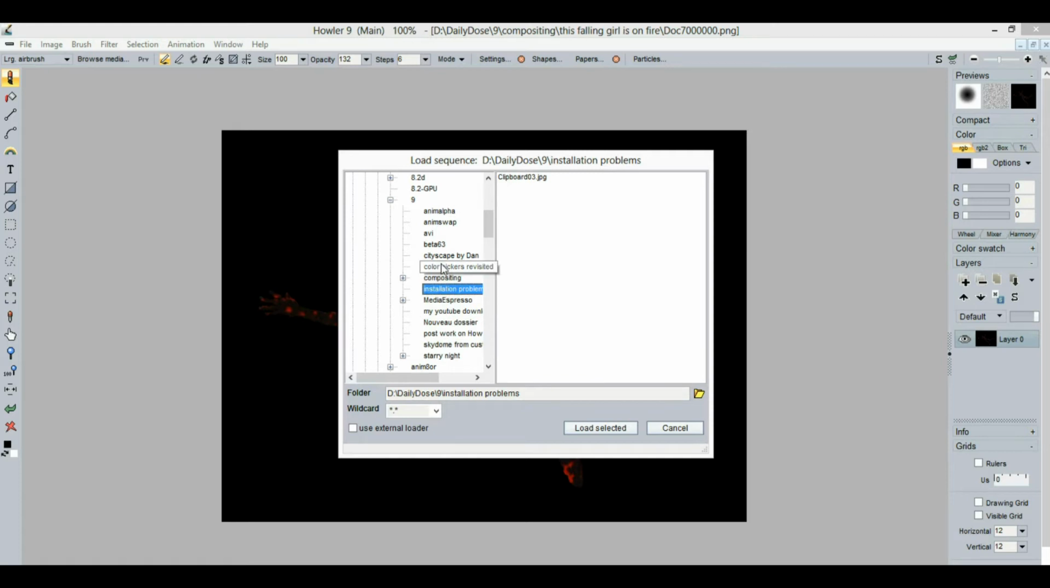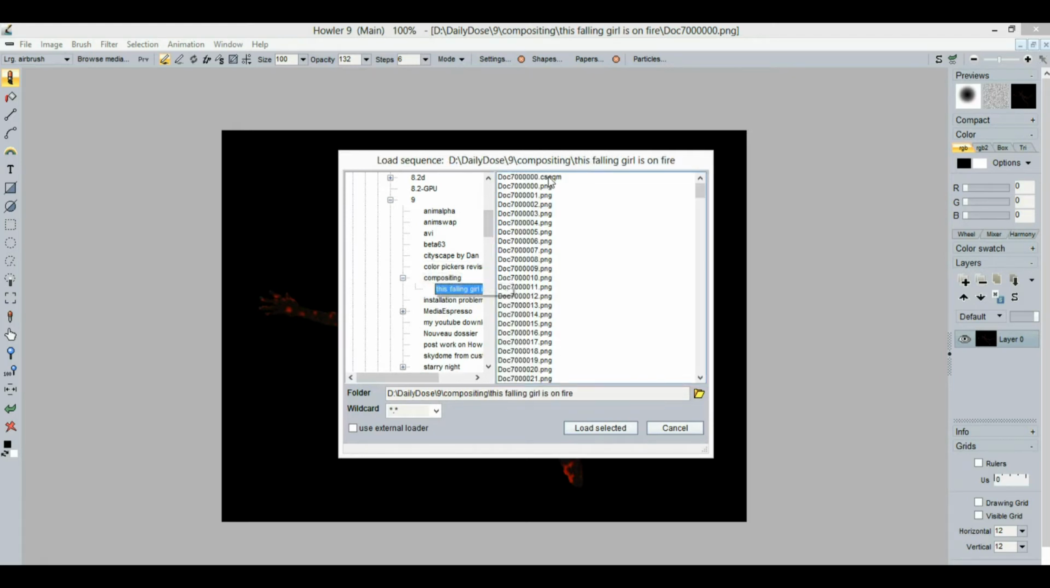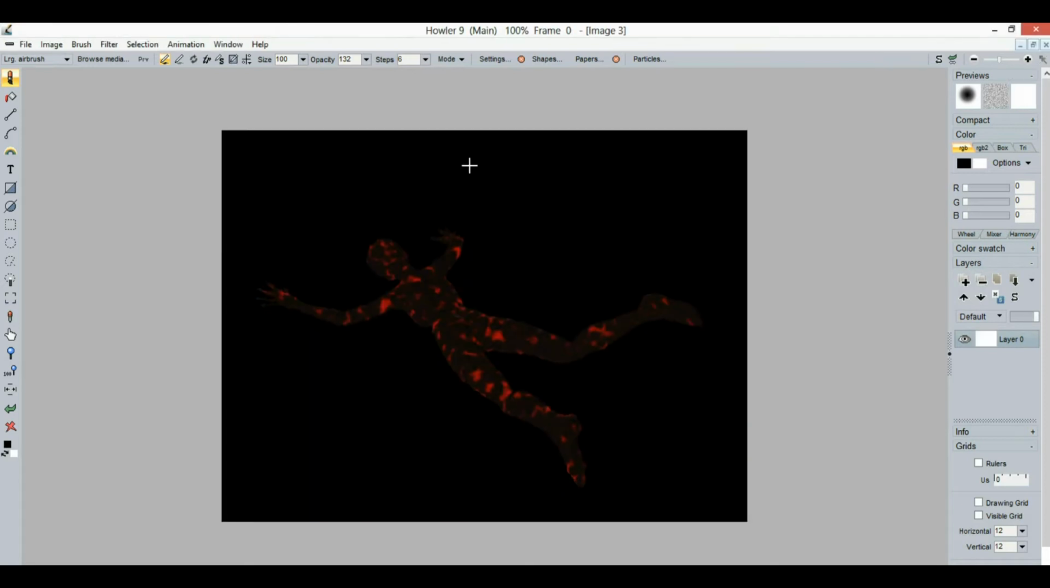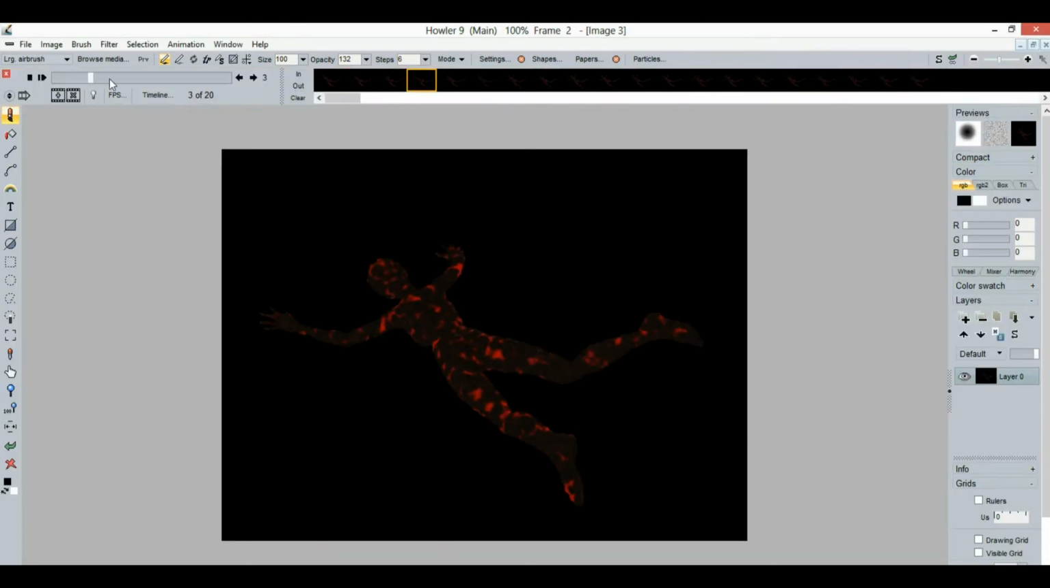One of those here, compositing, right? And here's the folder. So the first PNG is this one here. Let's grab the first dozen or so and load that selection. All right, so here's the animation that we have created, and there's a lot we will be doing with this,